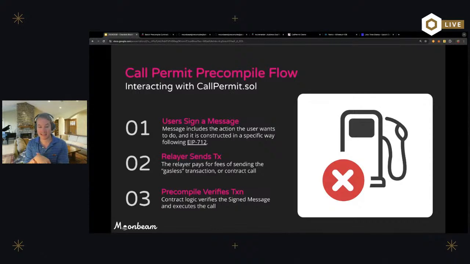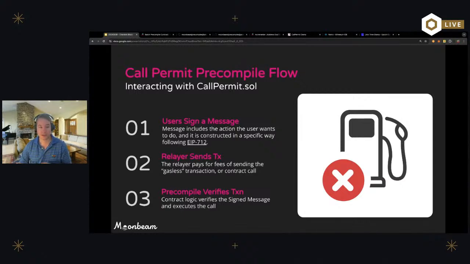What I mean by that is, the dApp that you're interacting with, right? Let's say that you're purchasing an NFT, or you're playing a game, and maybe there's a check-in in the game that you need to do. The contract that you're interacting with does not care that this was a gasless transaction. So there's no changes that you need to make to the receiving dApp. All of that stays the same. It can't tell the difference. Everything is the same. And this is a big deal that you don't need to change any smart contract logic